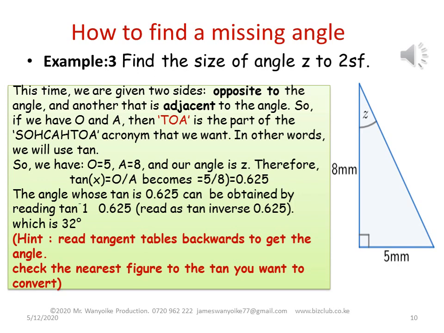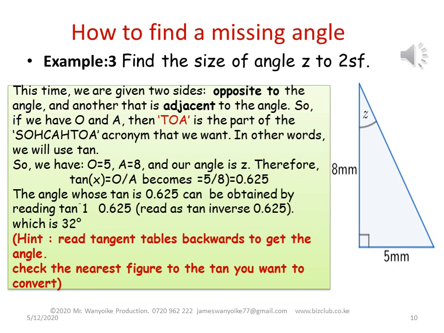Now, for us to know which ratio we are going to use, we ask ourselves, what are we given? We've been given two sides. Which are the sides? The opposite and the adjacent. Therefore, from our SOHCAHTOA, we ask ourselves which ratio uses opposite and adjacent. And therefore, we realize that it is tan. So we have opposite is equal to 5 millimeters and adjacent is equal to 8 millimeters. And our angle is Z. Therefore, tan Z is equal to opposite over adjacent, which is 5 over 8,